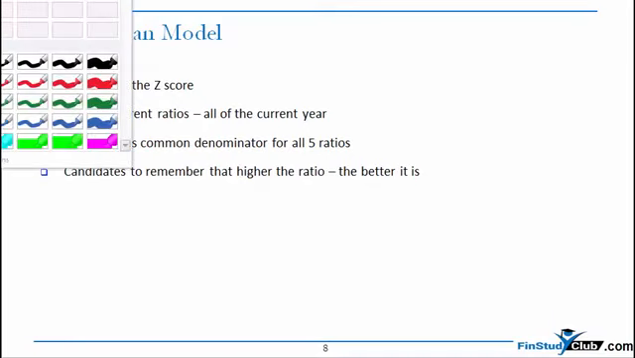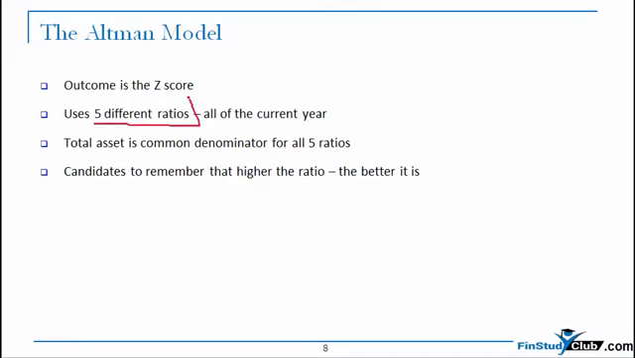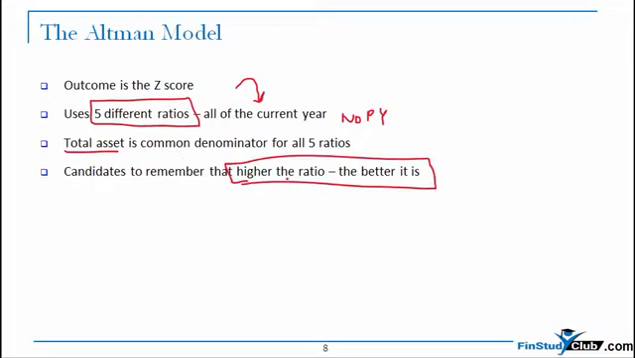Altman basically uses 5 different ratios, all of the current year, so there is no comparison with the previous year. Okay, this is something that you got to remember. The second aspect that you got to remember here is that obviously you don't need to remember all 5 ratios, but you got to remember that in all the ratios, the denominator is common, which is the total asset. Okay, another very important aspect, and the most differentiating aspect from Beneish, is the fact that higher the ratio, the